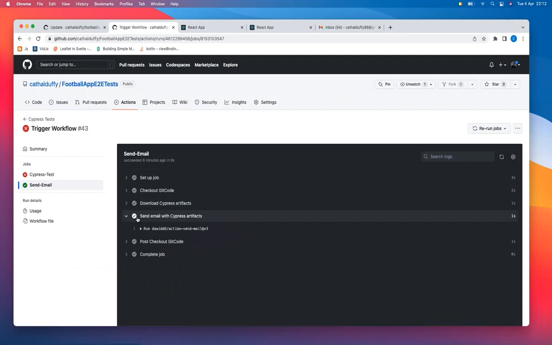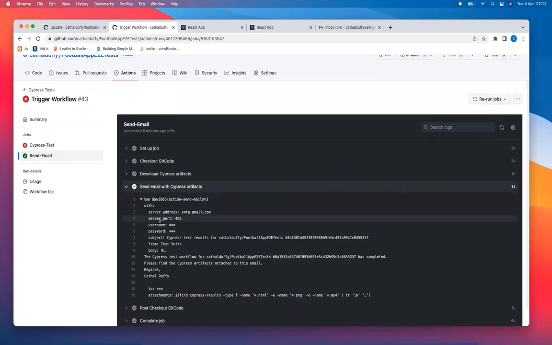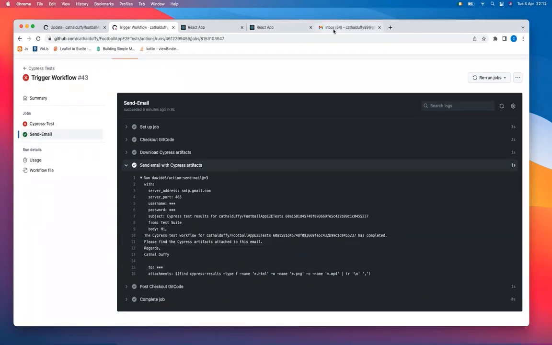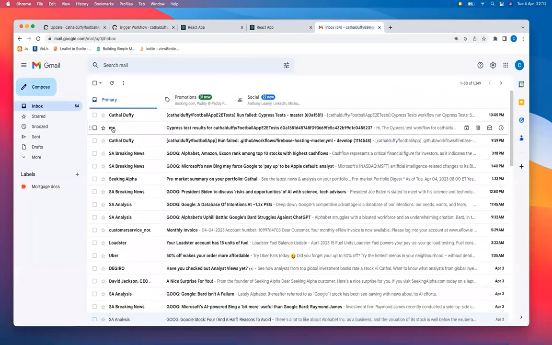But what is sent is, we use, again, an open source action. If you just put in some simple details here, just the username and password, which are saved as secrets, I'm using Gmail for this. And then if the tests fail, when I'm going through the code, I'll run through a bit more, it uses an if statement within YAML. If any of the tests fail, this will trigger an email to check out the Cypress artifacts and see if you're happy with them failing. And then I'll show you the email here. Because some of our tests failed, of course, this will have triggered an email. And this is the email that's